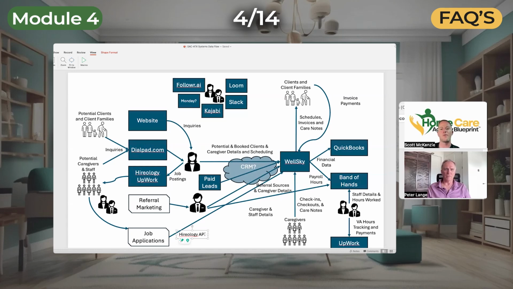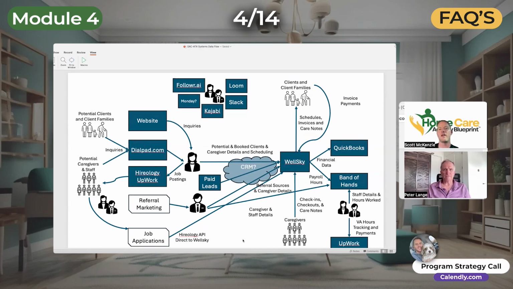But for simplicity, what really ends up happening is you have all these applicants that are pushed into WellSky, and then you can go through either there or Hireology. That's where a VA, a remote worker, would be very beneficial to hire, to literally be going through all the applicants inside of Hireology